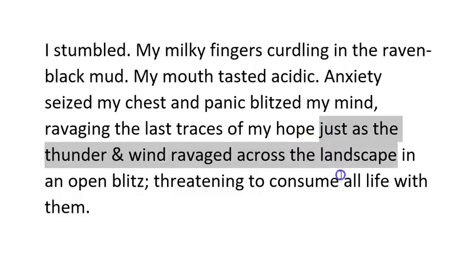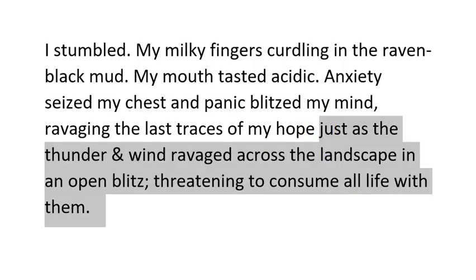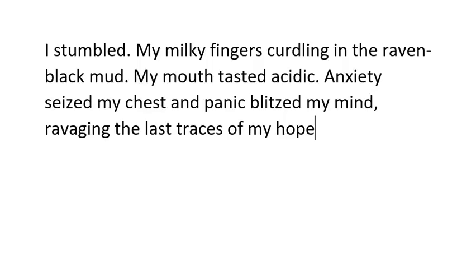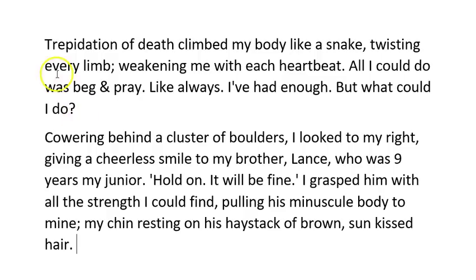But we don't need that. We already know that it's destroying everything because we've had the village turned to matchsticks. So you're just telling the reader stuff they already know and they'll get impatient. So we'll just dump it. Okay, let's get to the next bit, and hopefully you'll get quite good at spotting where you need to get rid of stuff, because it's just there to describe.